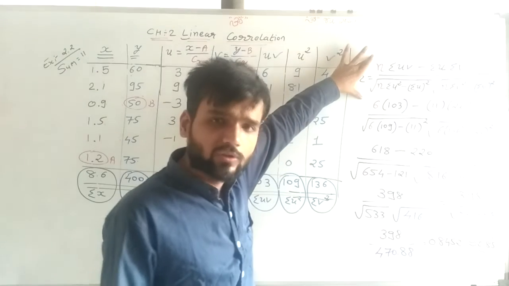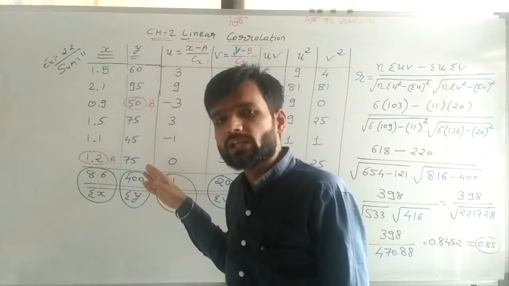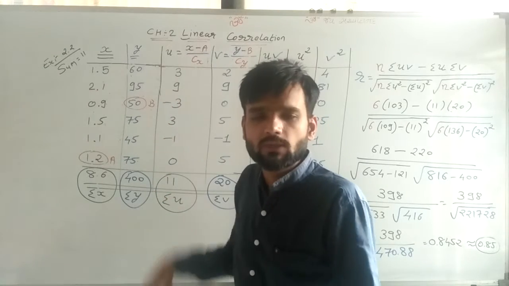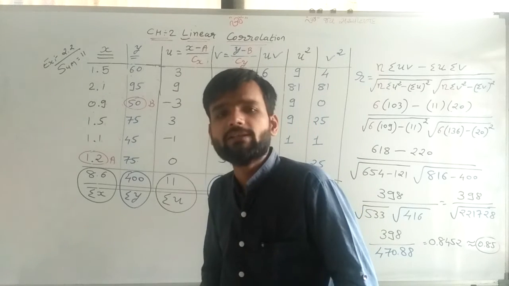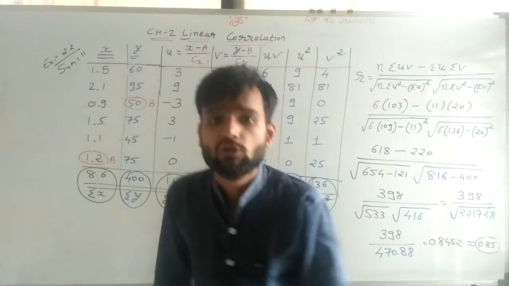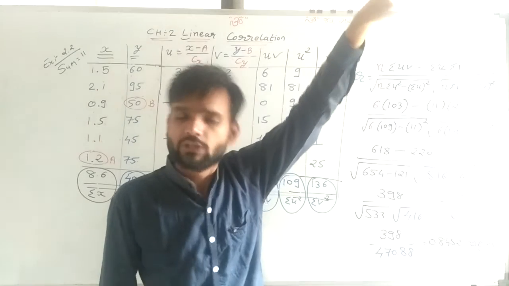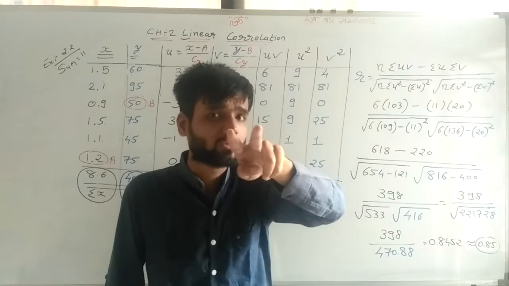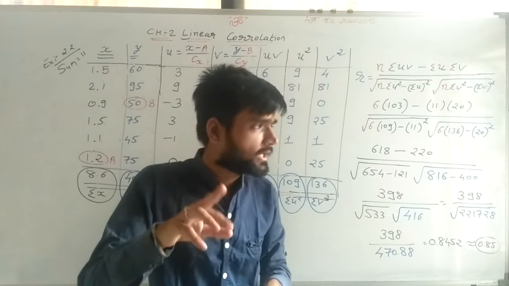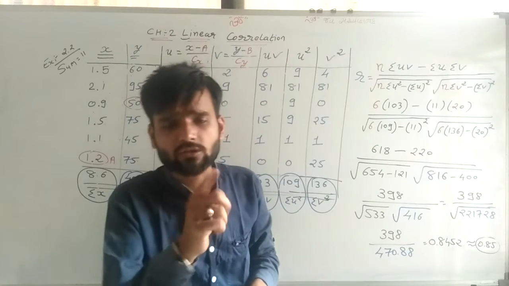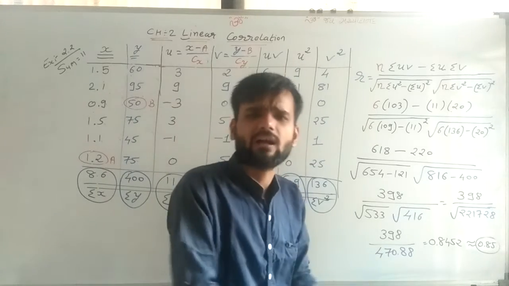Here, the sum is for the third formula. For y, fraction values are given. Somewhat big values are given, whose square is not possible without a calculator, or there are somewhat hard calculations. That's why we are using the third formula. The first formula is used when x bar and y bar are not fractions, both natural numbers. If any one of them is a fraction and one is a natural number, then also we cannot use the x minus x bar formula. We can use it, but the calculation becomes somewhat hard.